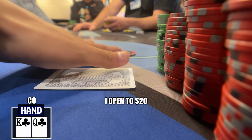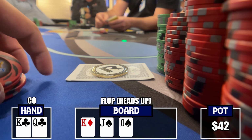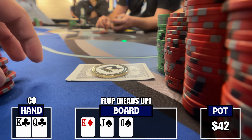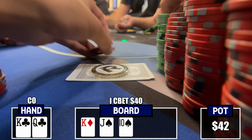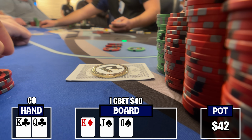I open up the action to $20. We get the big blind to call, and we're going to a flop. Flop comes King Jack 10, 2 spades and a diamond. He checks to me, and with top pair and an open-ended draw, definitely a very strong hand at this point. I c-bet $40, sizing about the size of the pot, and this player has an easy decision on